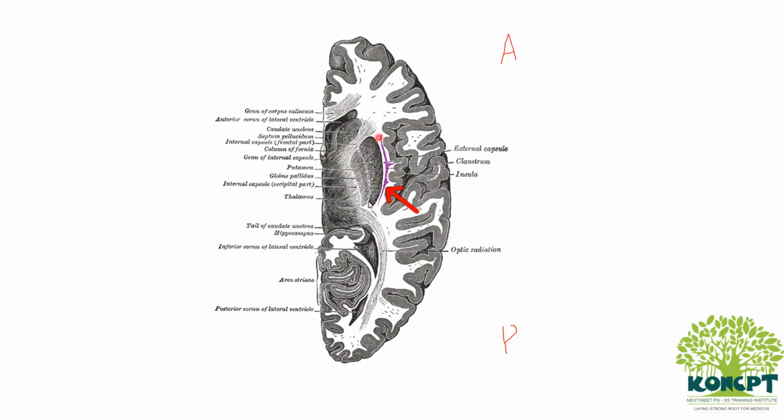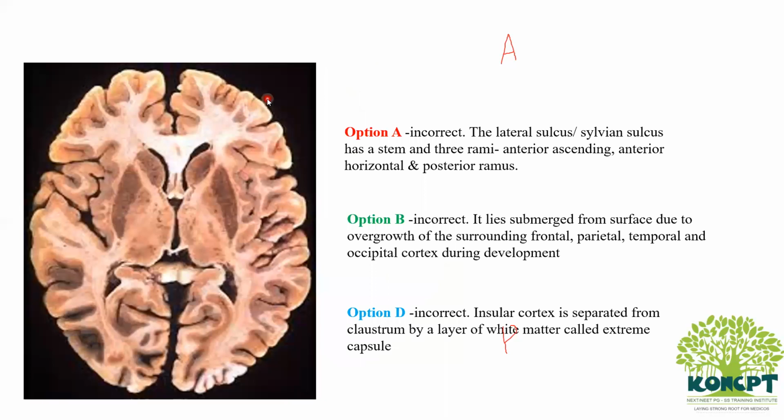This one is the lentiform nucleus, which has the outer darker putamen and inner paler globus pallidus. And this one, that's the thalamus here. This one, that's the caudate nucleus. Now, the caudate nucleus and the thalamus are separated from the lentiform nucleus by internal capsule. This image is a very high yield topic in which you can get a lot of questions. So you should be able to identify all the parts that you see in the horizontal section of brain.